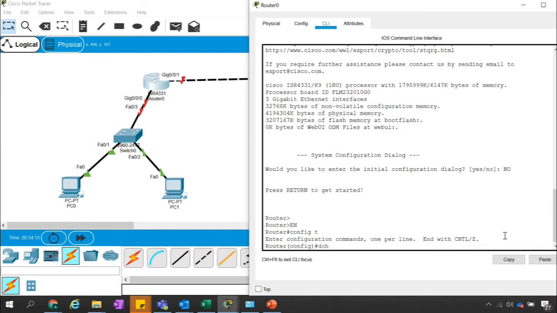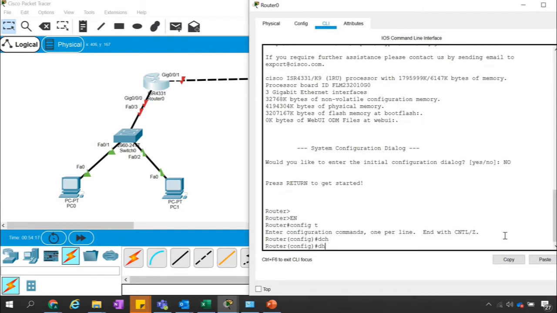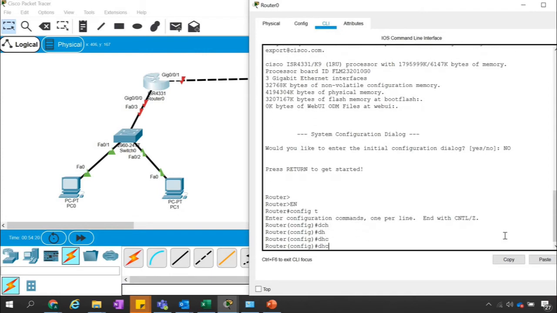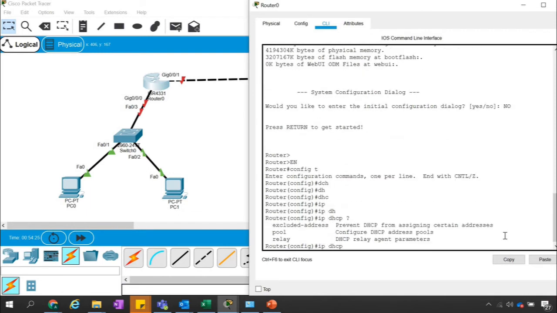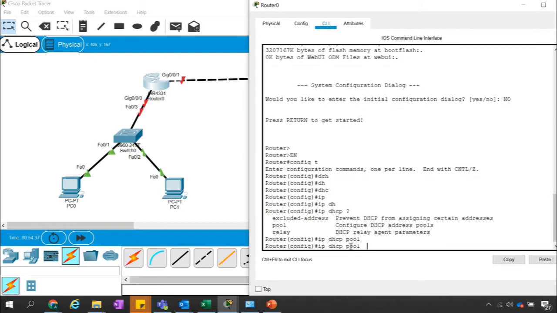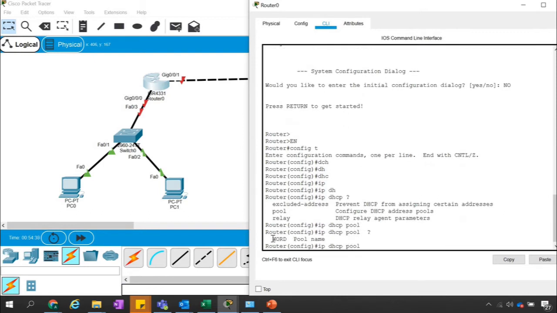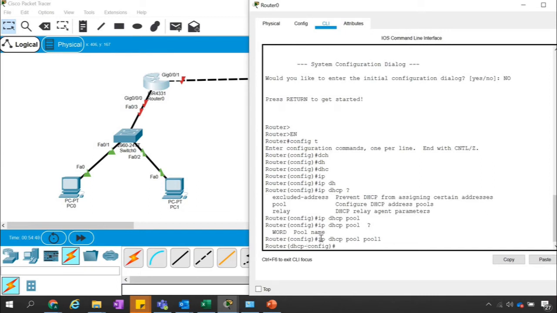So let's go to ip dhcp. If you see the options here, they are excluded-address, pool and relay. So I am giving a pool, and if I put the question mark, it gives the option of a word or pool name. I am giving the pool name as pool 1, creating one pool 1.